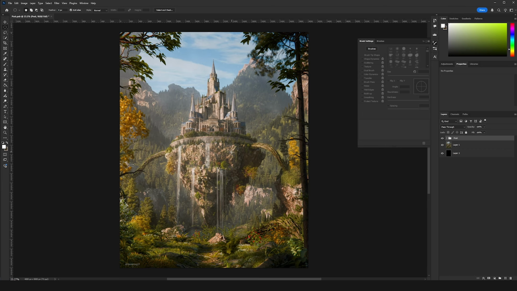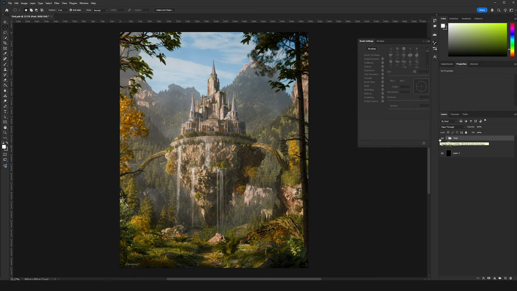So the first thing I want to cover is this. I have everything grouped within a single post-processing group. This is just something I do pretty much every time I do post-processing. I like to keep the raw render outside of a group and then all of the post work that I'm doing in a post work group. This way I can just turn it on and off whenever I need to, just so I can see the before and after and make sure what I'm doing actually looks better than the raw render, because